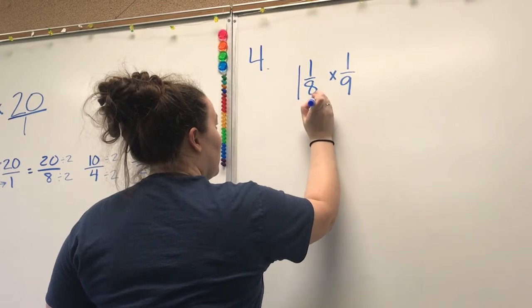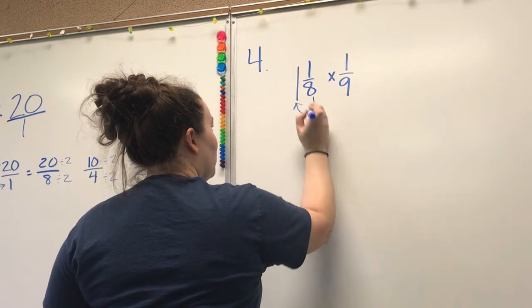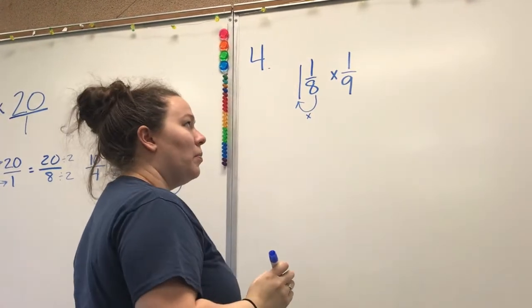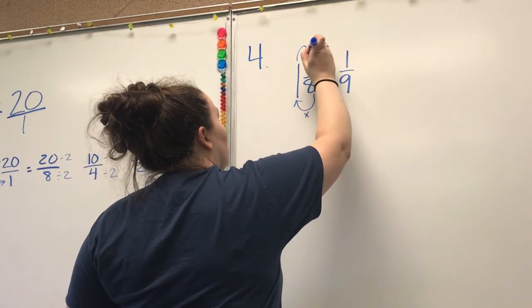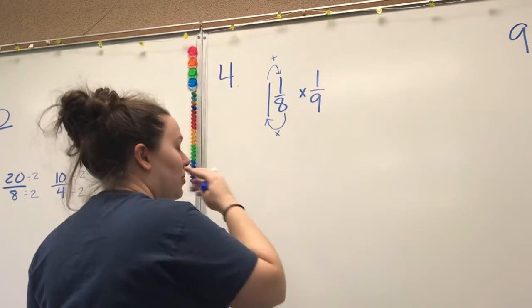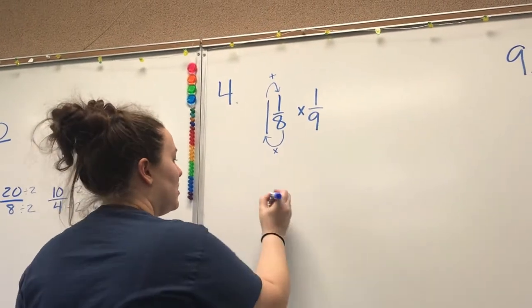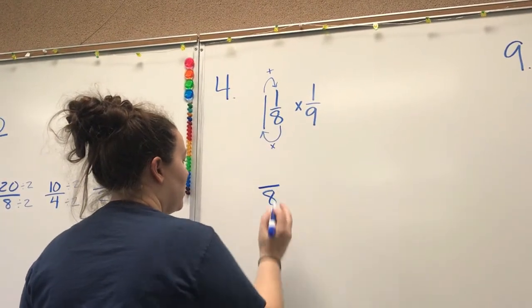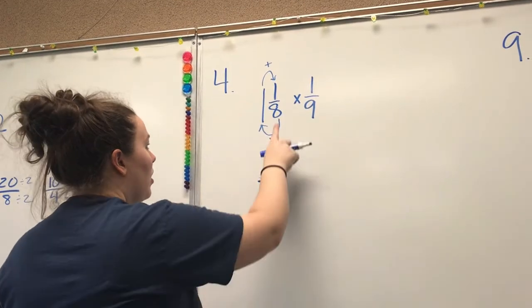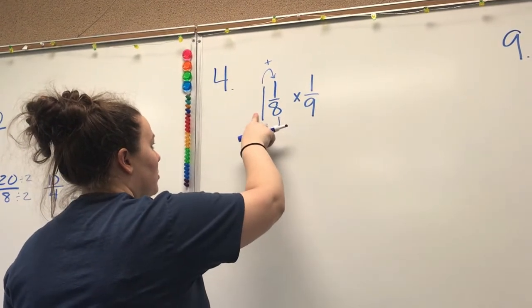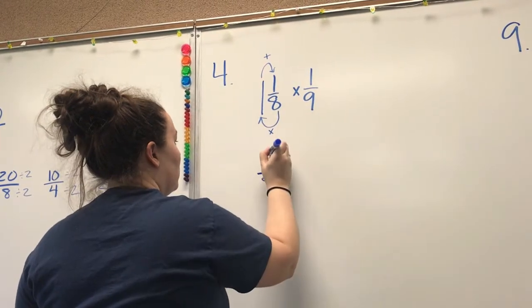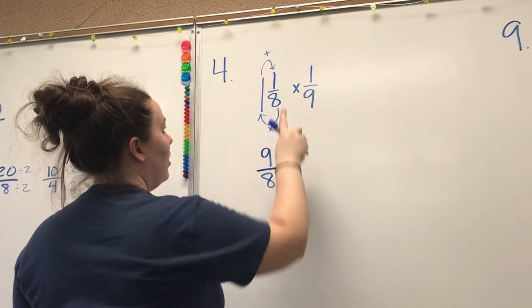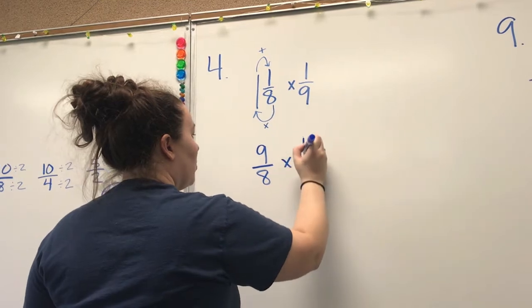You take your denominator and you multiply by your whole number, and then you add your top number. Your denominator always stays the same. So automatically my denominator is 8. Then 8 times 1 is still 8, plus 1 is 9. Multiply times 1/9,